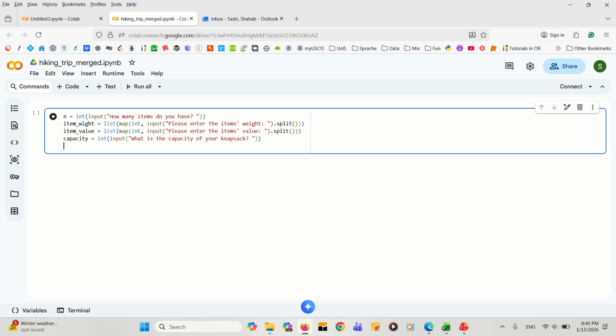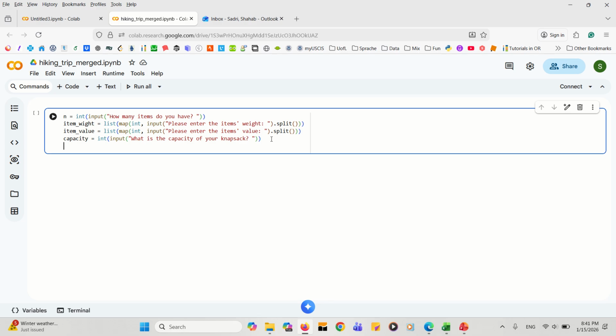So far we ask about the number of items, how many items the user has, the list of the weights, the list of the values, and the capacity of the knapsack. So we get those inputs, those parameters from the user, and then we start